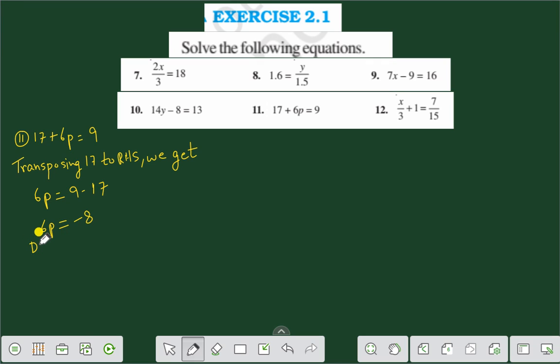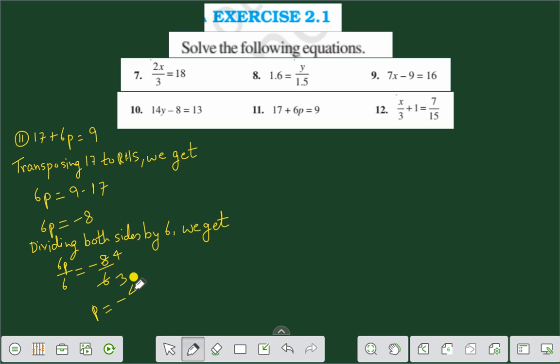Dividing both sides by 6, we get 6b by 6 is equal to minus 8 by 6. Divided by 2, 2 3s are 6, 2 4s are 8. That is equal to minus 4 by 3, or b is equal to